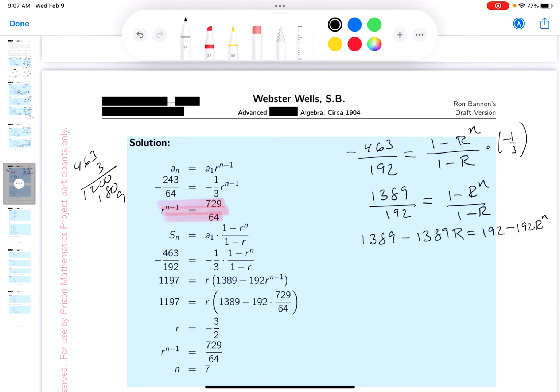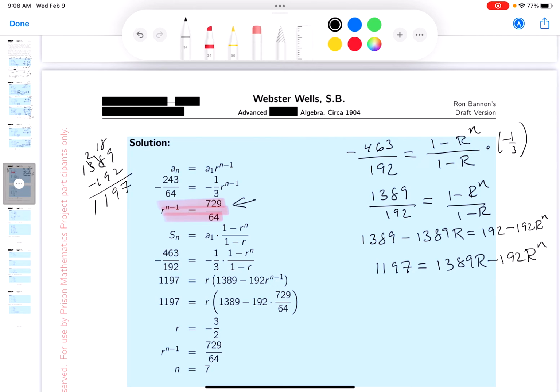Well, I'm looking at that. It would be nice if I got the R's on one side, the constants on the other. Let me get my eraser out and I'll see if I can do that. So 1,389 minus 192. Let's see, 7. This would be 18, 9, 1, 1197. I'll put this down. Equals 1,389R minus 192R to the n. Well, that's an important equation, by the way, but I'm looking at this over here